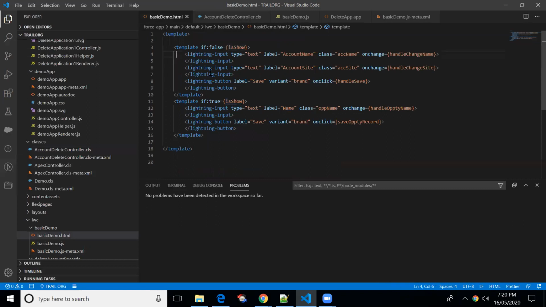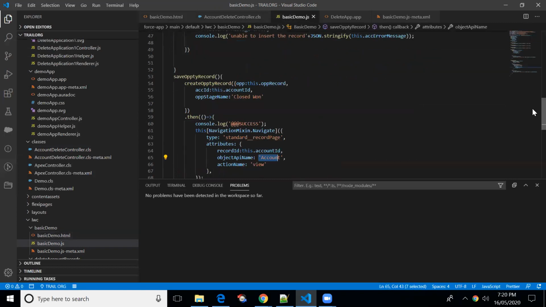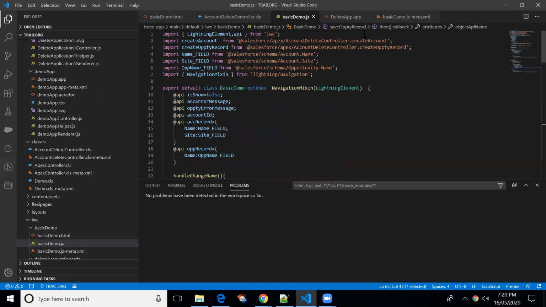So I've created a form. By default, we'll be showing the account form, right? Once the account is saved, then we'll be showing the second form, the opportunity form, right? Let me explain the JavaScript code quickly. I have imported two methods, one for account and the other for opportunity, right? This is just a reference variable name, but I have given the same method name.